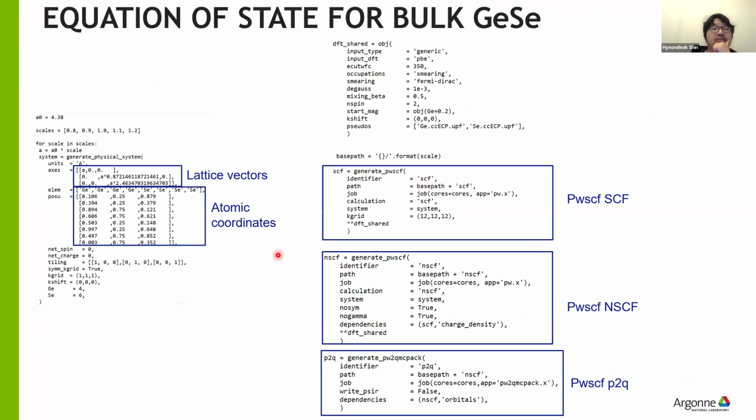So here is the quick workflow to get the equation of state for the bulk germanium selenide. I just showed some workflow for Nexus, and here are the lattice vectors for the germanium selenide bulk system. To calculate this, we need to do DMC calculations with different lattice parameters to obtain the equation of state. Here we just put in five different lattice parameters for the bulk system, and here are the atomic